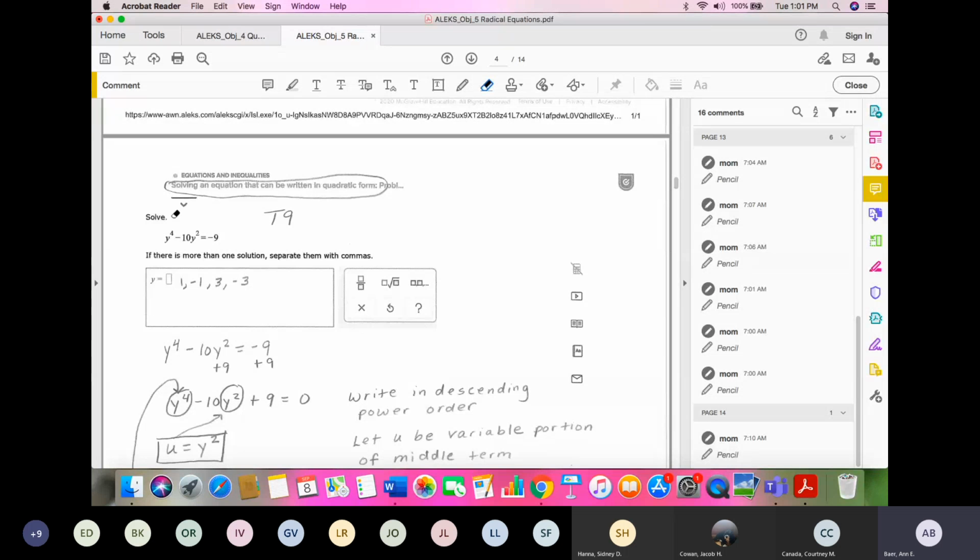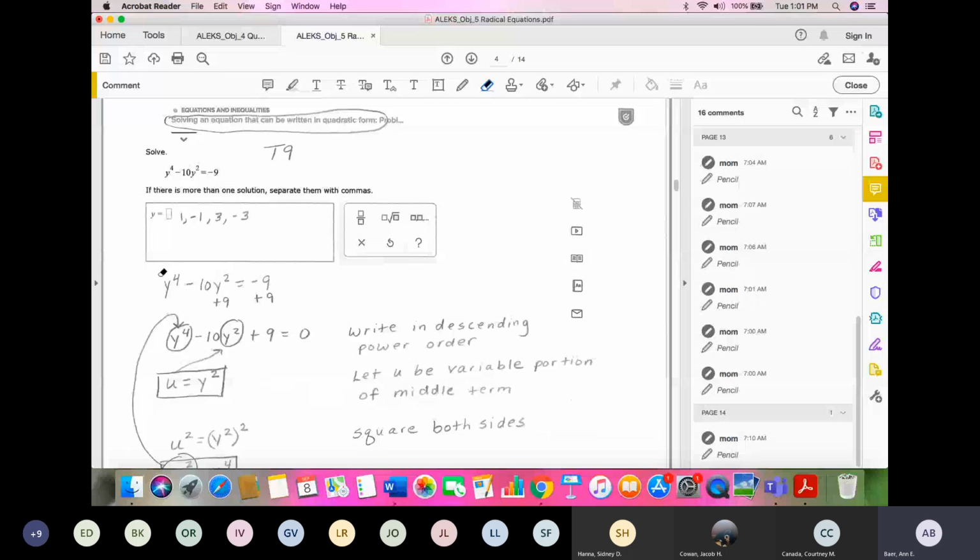And what we are going to do is get this all on one side and 0 by itself and turn it into a quadratic equation temporarily that we know how to solve, and then go back and change it back to y's, and then we will be able to figure out all of our solutions, all 4 of them. So I just copied this over here.